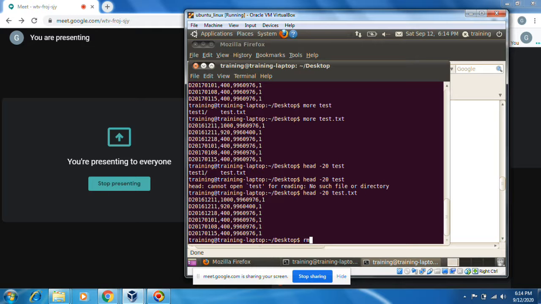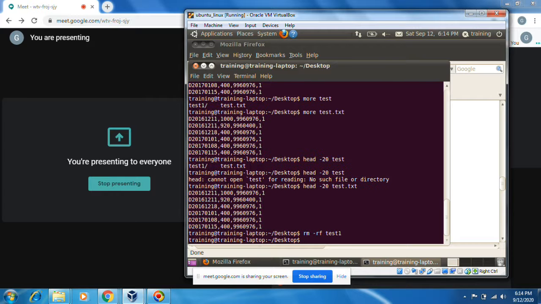And now I can see the contents of the file using head. In the same way, I can use AWK. With AWK also we can see the contents of the file.